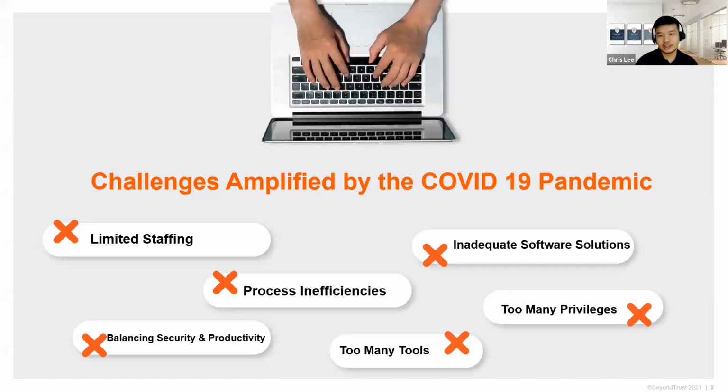Based on what we've learned from our customers over the years, these are some of the key challenges when it comes to service desk and remote support. These challenges have become amplified since one or two years ago during the pandemic. We talk about an increase in the remote workforce, like what was mentioned by Leo. In order to allow the business to continue running, there isn't a choice. As a result, the pressure impacts the ability of the service desk to provide support amid rapidly changing customer and organizational needs.